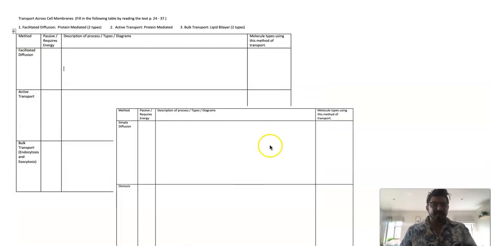All right, before we start talking about the types of membrane transport, I would get my students to fill in a document like this, like an A3 poster. I'd print them out double-sided so that they would have everything there, and we're going to be talking about various things throughout this entire process. As you can see, not only are we going to be talking about the methods, we're going to be talking about whether it requires energy or not. Give yourself a brief description of it, and then the types of molecules that actually use this type of transport. And we're going to get started with the simplest